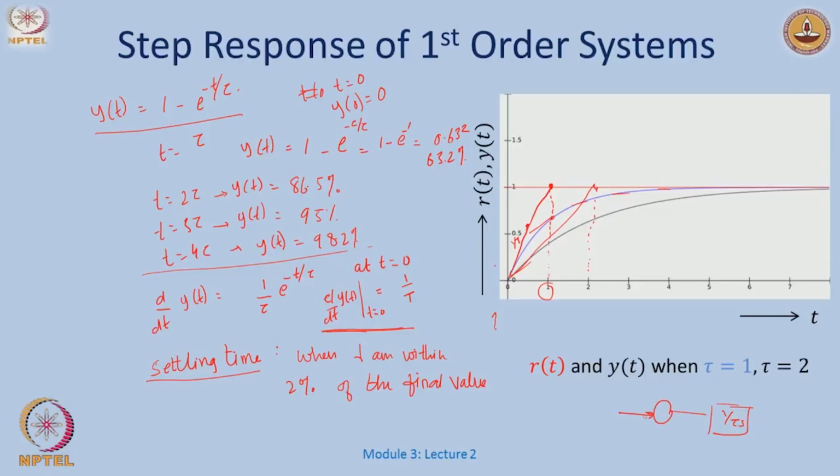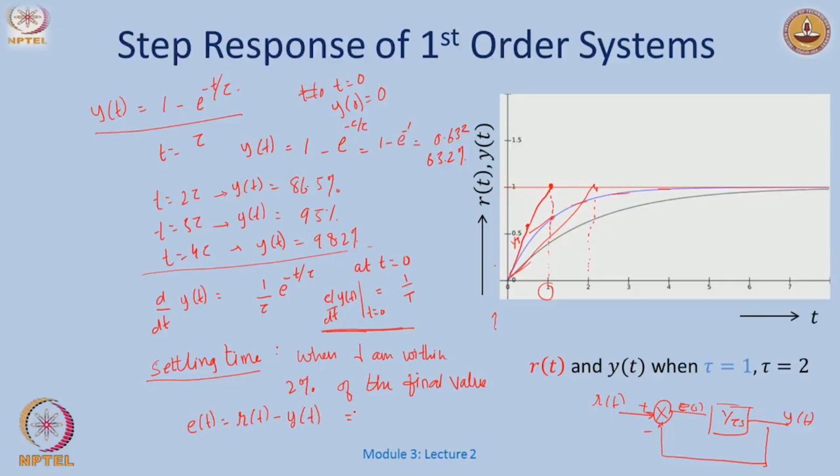I had a unit step here, which was my r of t, and then y of t, with a plus and a minus. If I call this the error signal, E of s, the difference between the reference and the output, then let me define the error E of t as